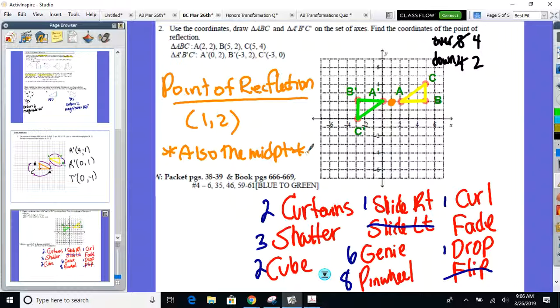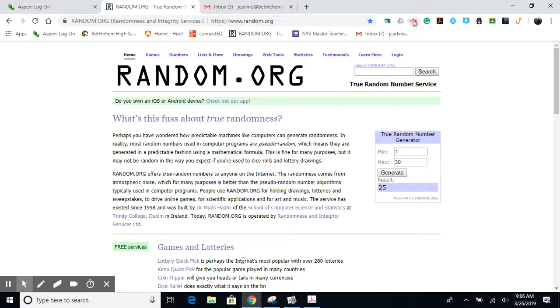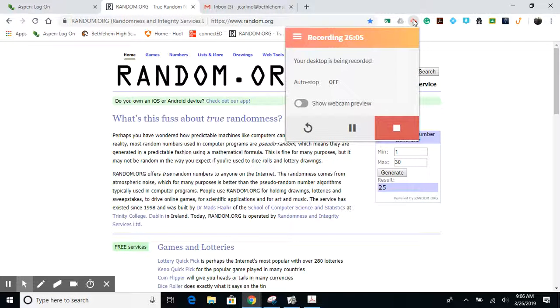All right. Plenty of time if you want to start in the packet or grab the book. It's up to you. Few minutes, I'll get those people up and